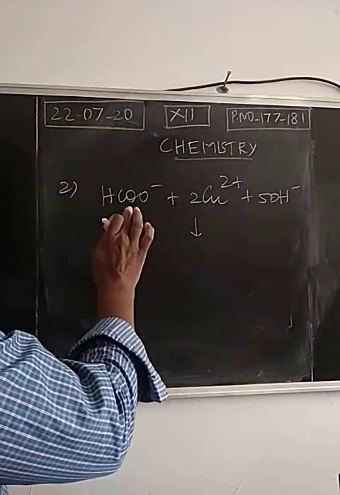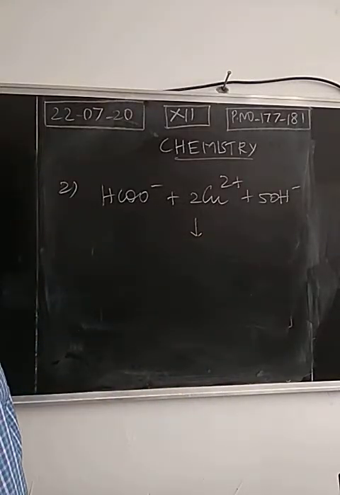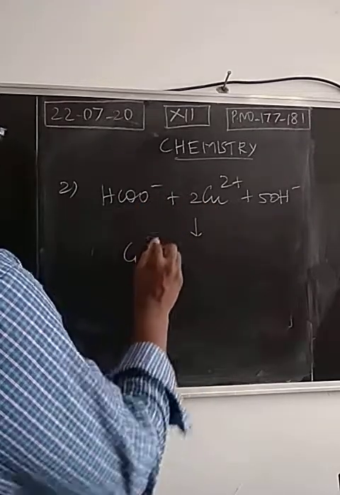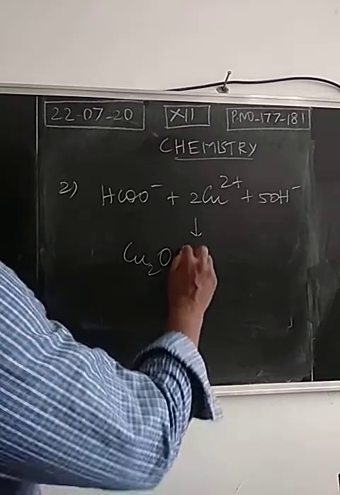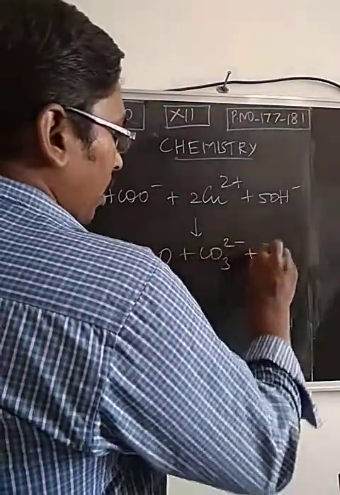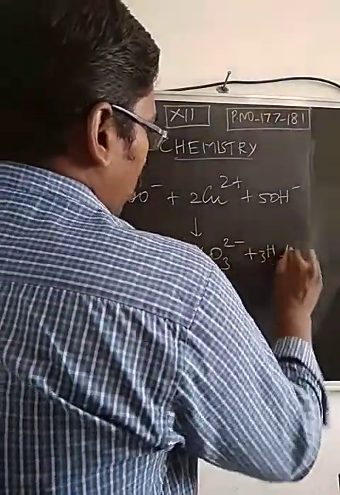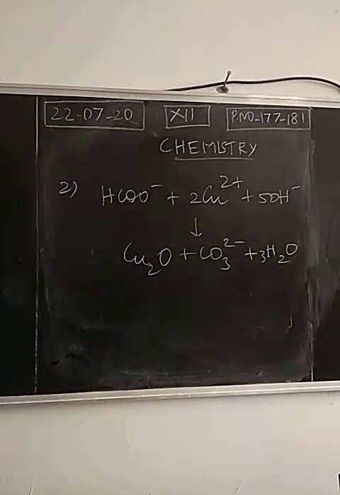The role of formic acid is a reducing agent. So it reduces cupric into cuprous, Cu+. The oxidation state of copper is 1+ here. So Cu2+ is reduced into Cu+. Cupric is reduced into cuprous. This can be identified by color change. The blue colored copper sulfate solution is changed into red colored cuprous oxide, with the liberation of carbonate ion and water molecules. So these two are examples of the reducing nature of formic acid.